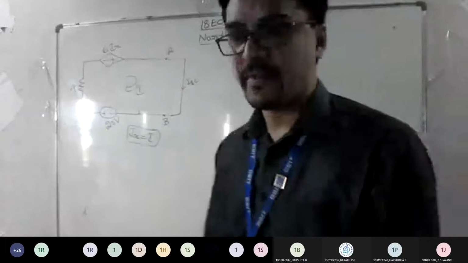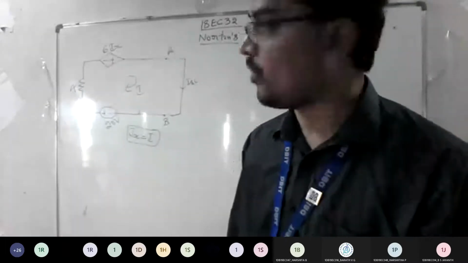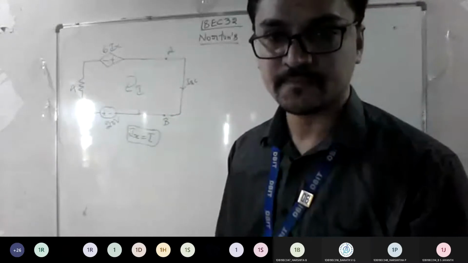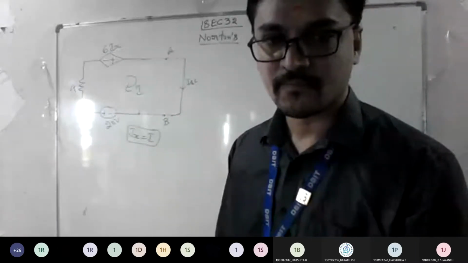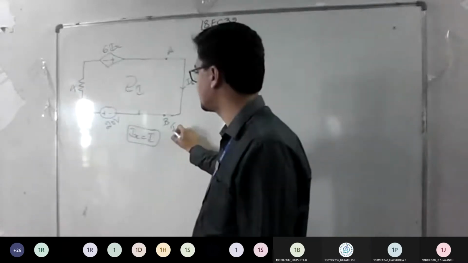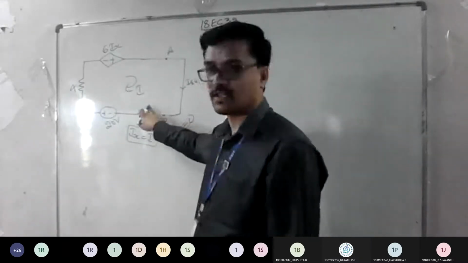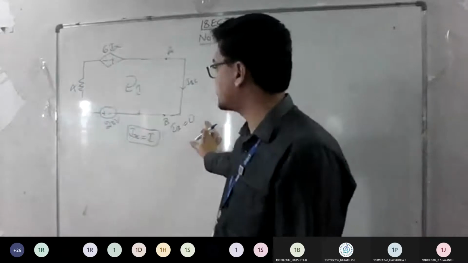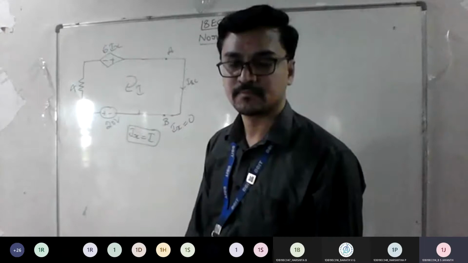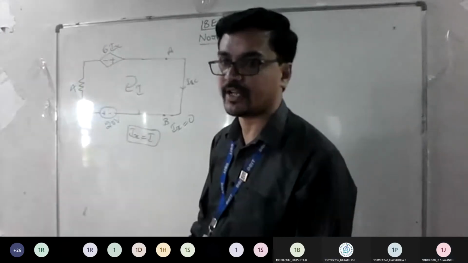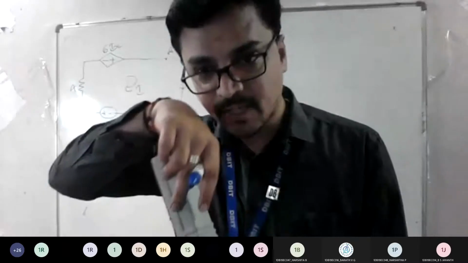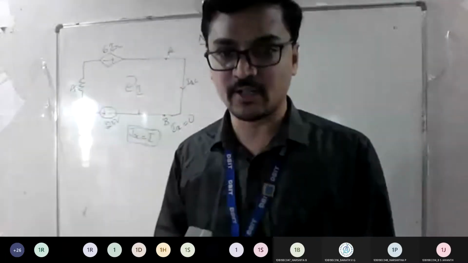See, if your dependent source Ix is 0, then what will happen for your dependent source? Is it considered? We say Ix is 0 in this, right? Because of this redundant circuit, Ix becomes 0. If Ix is 0, it means I can short circuit. See, if it is depending on current, then there is no concept of doing short circuit of independent or dependent source.